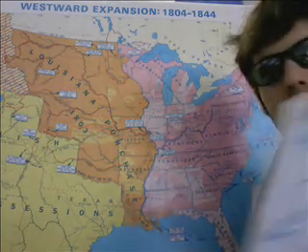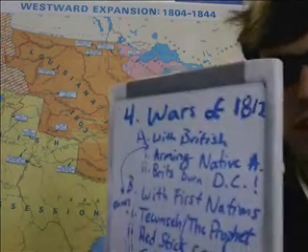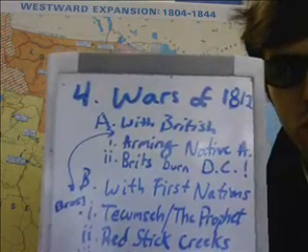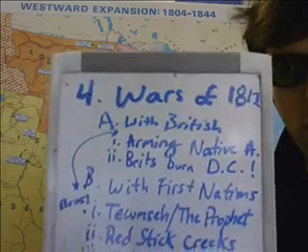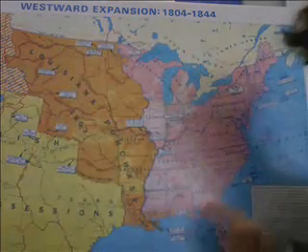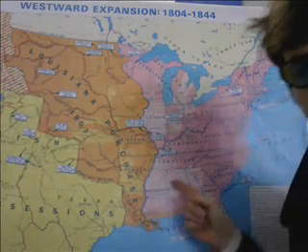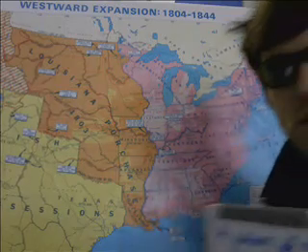Now, one Native American tribe that really liked Tecumseh and the Prophet's message of resistance were the Red Stick Creeks. You can see that right here. The Red Stick Creeks. They were a Native American tribe who lived here in Alabama and Mississippi, where there was a lot of westward expansion from U.S. settlers. And the Red Stick Creeks